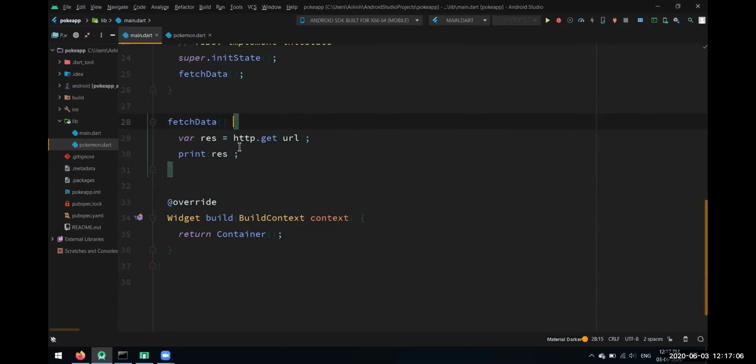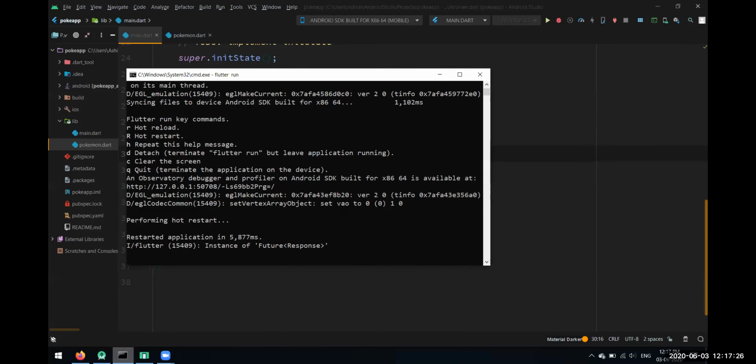This http.get method is going to take some time because it is going to go to that API and get data for us. And print, as we know, doesn't require much processing, so it will print before getting the result. That's why it is giving us the instance of future response. Future response means there is no data for now, but we are going to have data in the future.